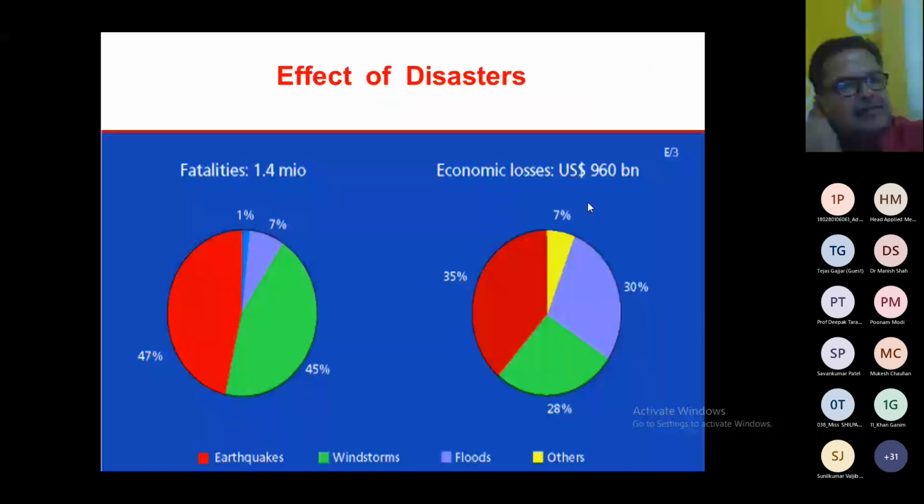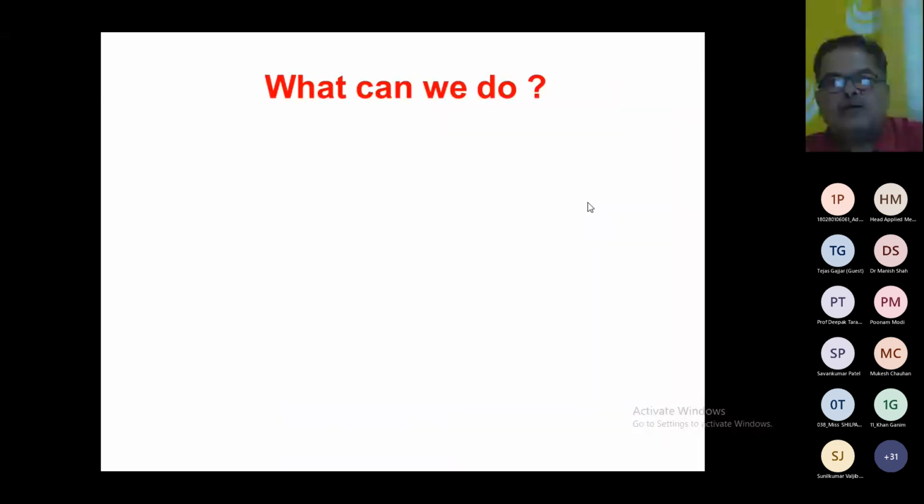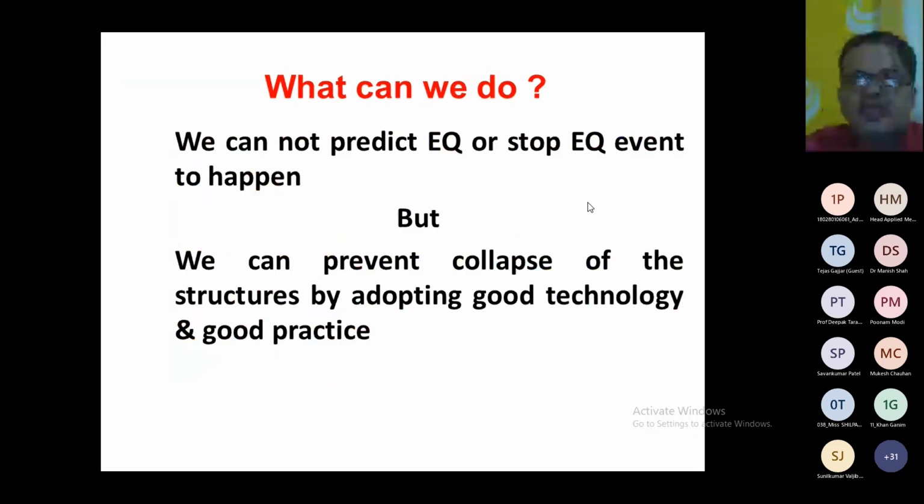In the last lecture, we said that the earthquake, maximum loss of life and economic loss is associated, and our philosophy is saying that the damage is allowed, but collapse is not allowed. To achieve the aims of our philosophy, we always say that we cannot predict earthquake or stop earthquake event to happen, but we can prevent collapse of structures by adopting good technology and good practice. So here we are talking about the good practice,